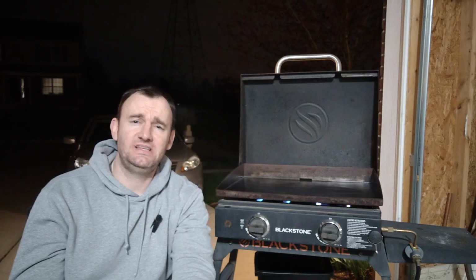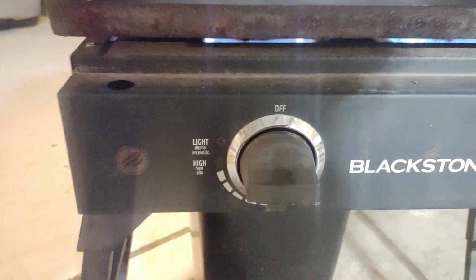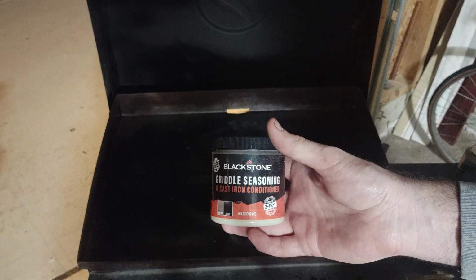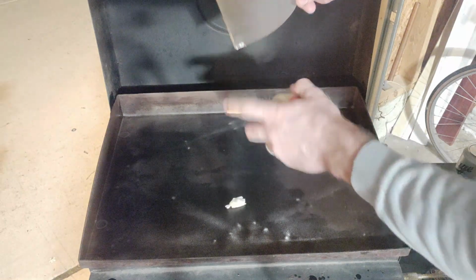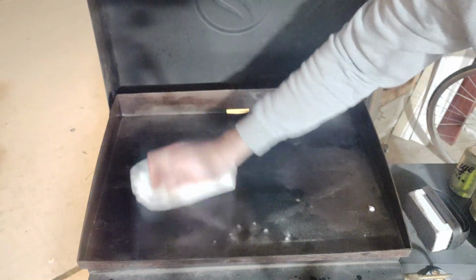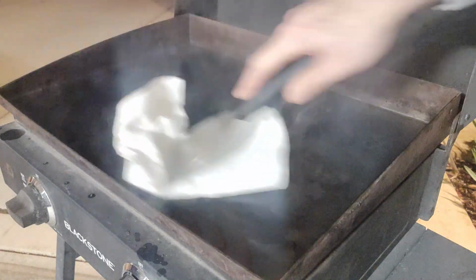Now we're on to the seasoning. We're going to burn not 1, 2, but 3 coats of seasoning off on this. I use the Blackstone seasoning. My first time using that, seems to be fine. I don't know. Again, you could just use oil. The avocado oil works fine, but they sell it. I tried it. It works fine. So after I burn off all 3 coats, then I'm going to put another coat on before I store it